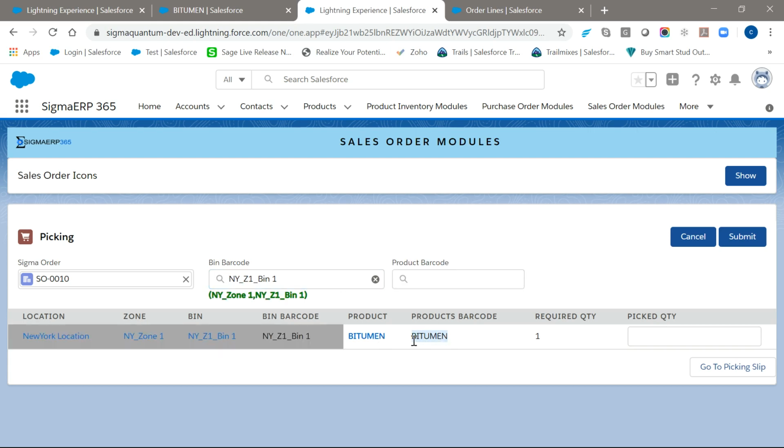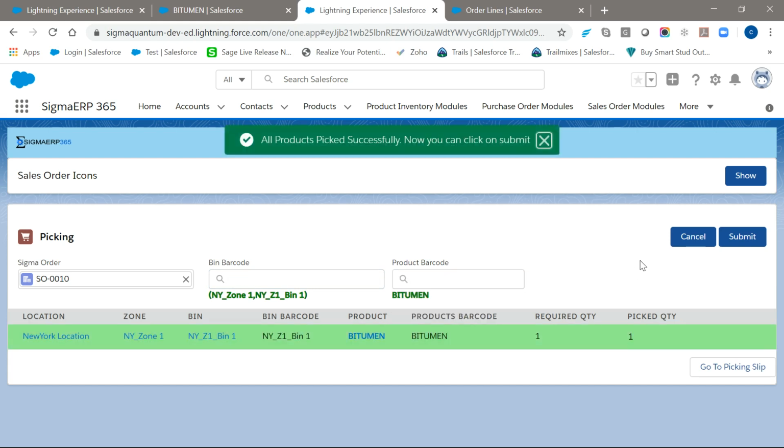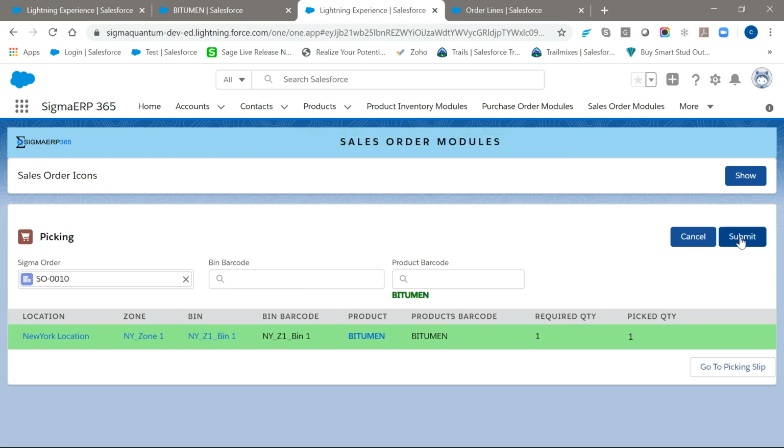And for the product barcode, yes, the scan was complete and I can now click on submit. This validates that the picker, whoever is assigned to pick the products from the inventory, is picking the right product, making sure it is picked from the right bin and the zone.